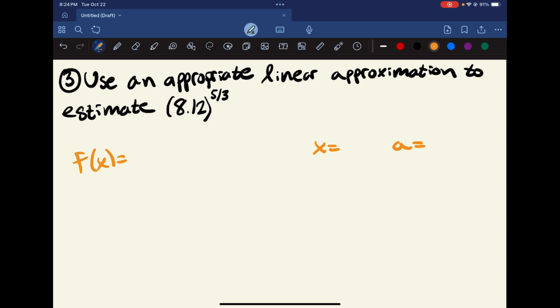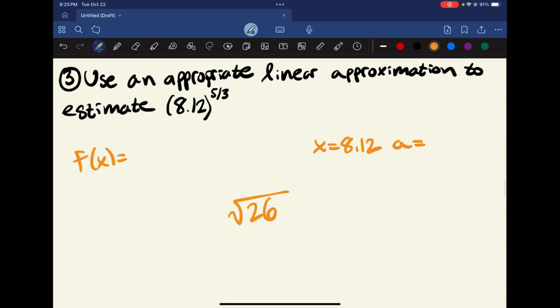Our f of x is our x, right? Our x is always the weird decimally number. So that's 8.12. It doesn't have to necessarily be a decimal, right? It just kind of has to be arbitrarily close. So for example, if you were trying to take the square root of 26,